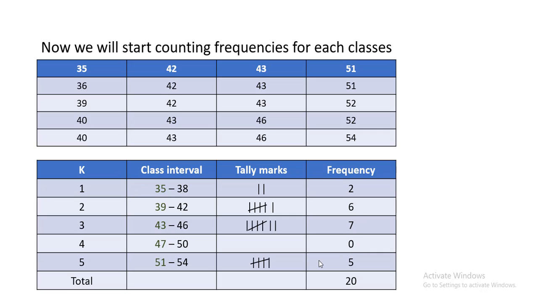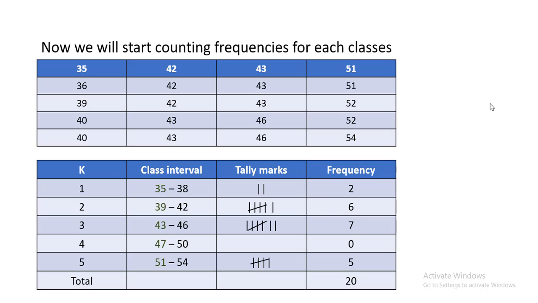Now it is up to you whether you want to use tally marks or not. This column is completely a matter of choice. If you want to calculate using tally marks, you can do that, or you can just directly count how many values are there, and directly write down the frequency. So this is completely up to you. Now 47 to 50, there are no values from 47 to 50, so no tally marks, the frequency is 0. Alright, 51 to 54, so 1 2 3 4 5, there are 5 values, so 5 tally marks, and the frequency is